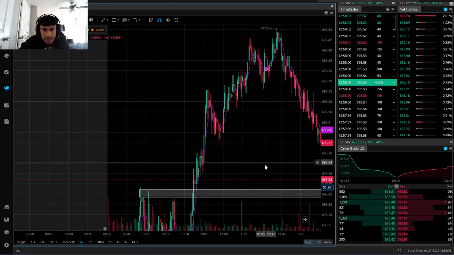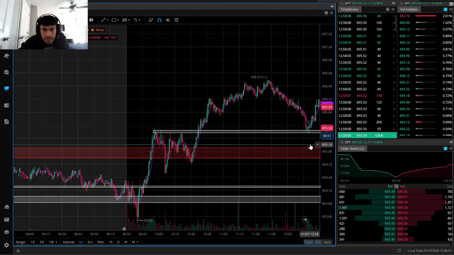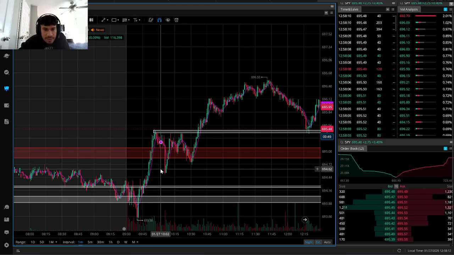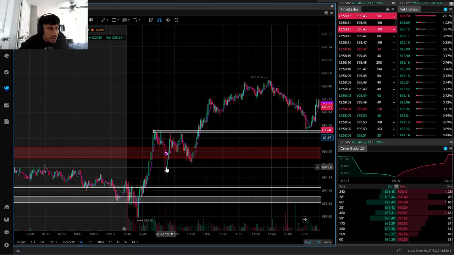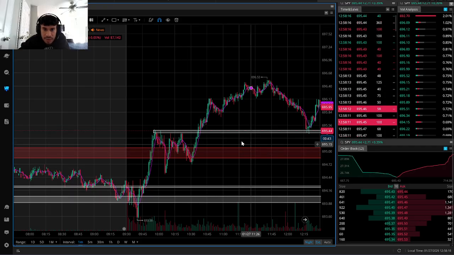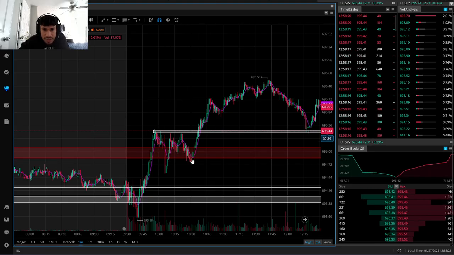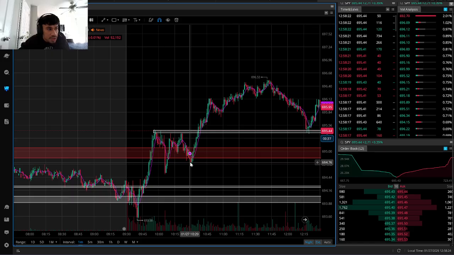We can see that this became an area of support. So this area in which sellers were present is now an area in which buyers are willing to purchase these prices, which is a bullish